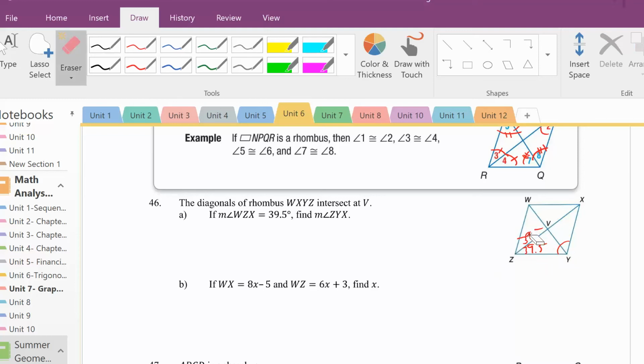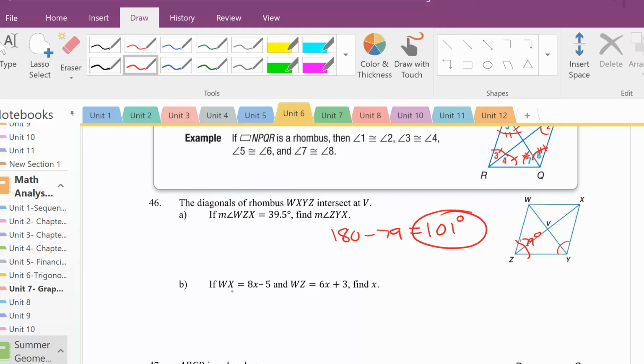So basically this whole angle here, let me erase this. This whole angle is 79 degrees. And these are supplementary. So 180 minus 79 is equal to 101 degrees. So that is the measure of angle